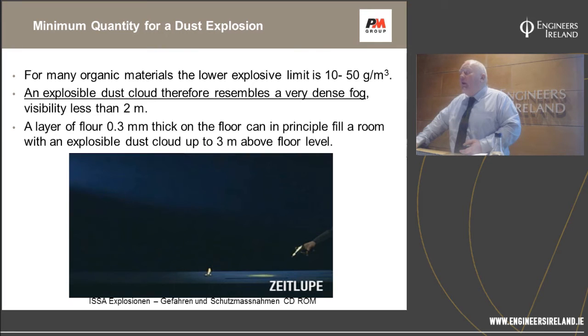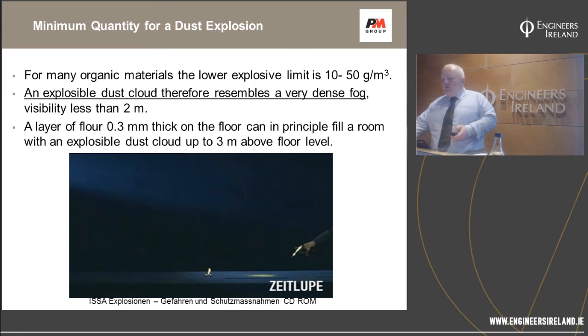And this is well over 100 times the exposure level that you would have somebody working in, because the general dust exposure level for health is 10 milligrams per meter cubed. So it's a big, thick, dense fog. You wouldn't be able to see a light 2 meters away. But at the same time, if you have a layer of flour 0.3 millimeters thick on the floor, it can, in principle, fill a 3 meter high standard building with that explosible dust cloud. So if we just have this as an example,